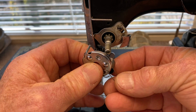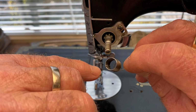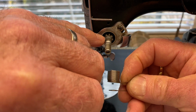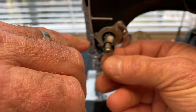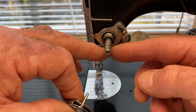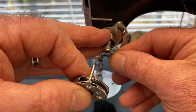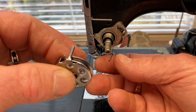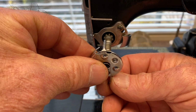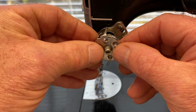The check spring should be facing with the large spring part to the back. And you'll notice that the check spring has a little bend to it, and that's going to go into one of those spines back there, and it's actually going to go in approximately right there. So this faces down. It could be downward in that spine or this second spine here. But anyway, slide this in so that it goes in, and then slide it onto the shaft,